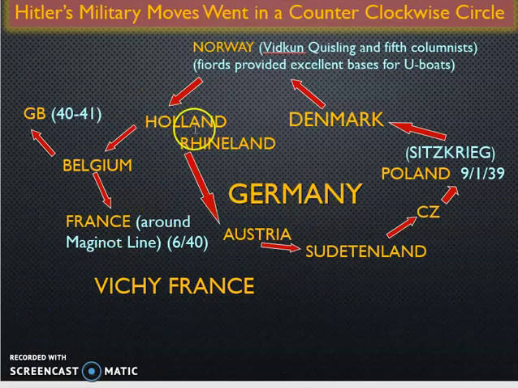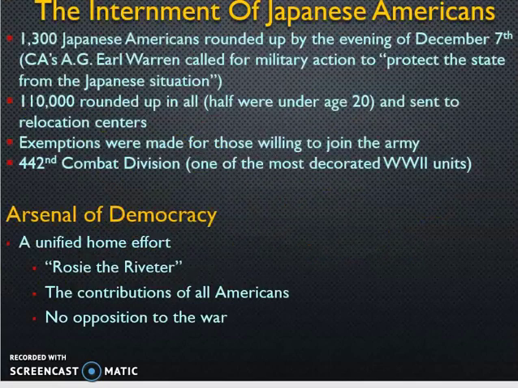Here you can see, I'll just go through this real quick. It starts with the Rhineland, then Austria, the Sudetenland, the rest of Czechoslovakia, and then Poland will be the official start of World War II in Europe. Then you have Sitzkrieg, nothing for 6 months because it's going to be winter till the next spring. Then you go Denmark, Norway, Holland, Belgium, France falls. Vichy France is the new pro-Nazi government set up in France. And then the Battle of Britain will be ongoing until June of '41 when Hitler turns his sights on Russia.